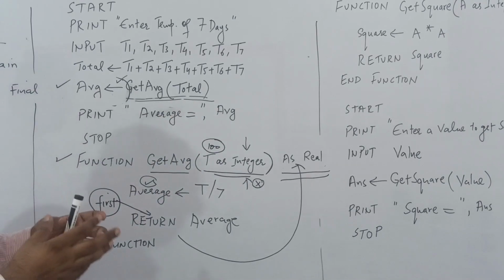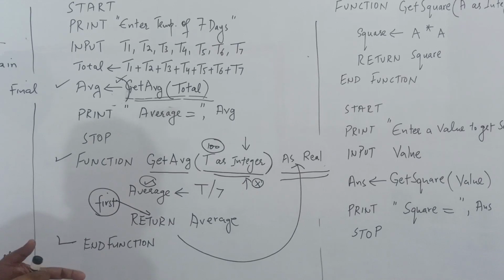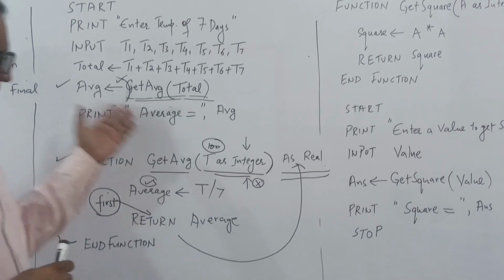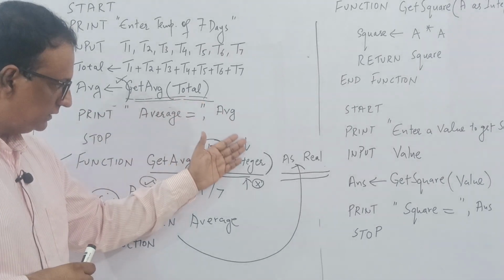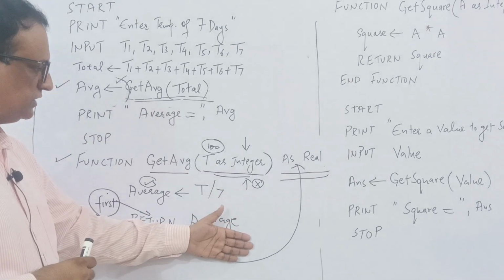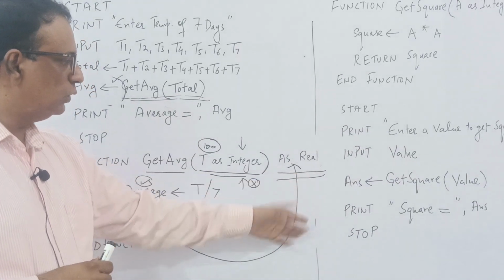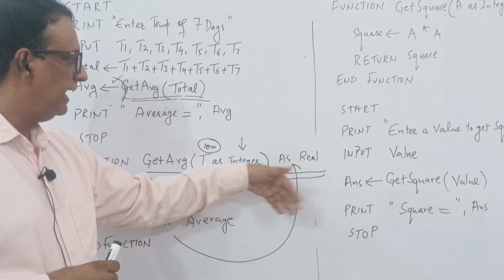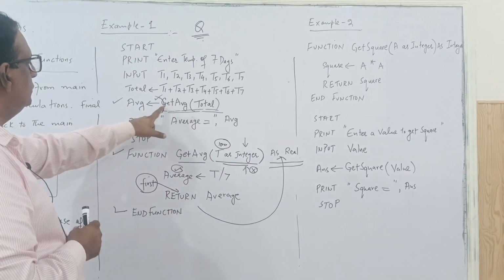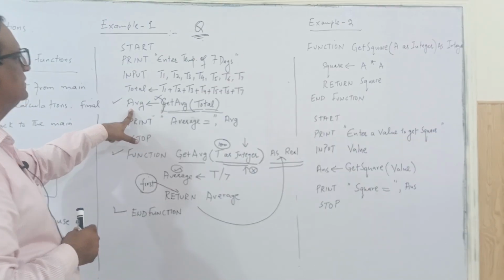So this is a simple example that only explains from where the value enters into the function and the place from where the values goes out of the function and how that value coming back is stored inside the